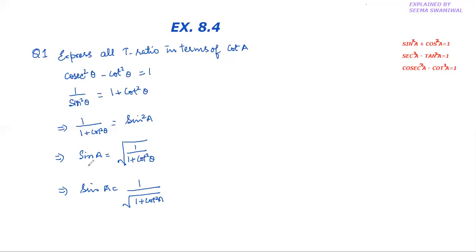Children, you must be thinking that I have removed the square, so there should be a sign of plus and minus both. But since between 0 to 90 degrees all the trigonometric ratios have positive values only, therefore I will not consider the negative sign here. Similarly, you will find the relation between